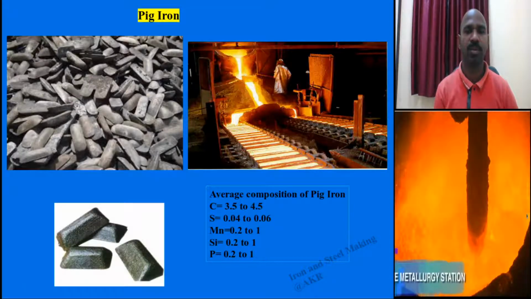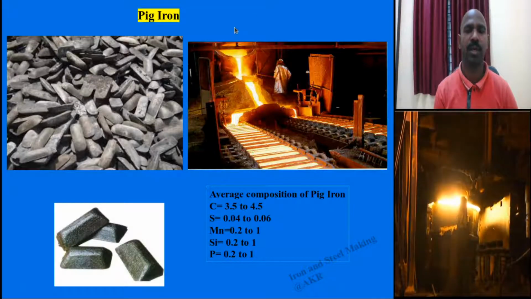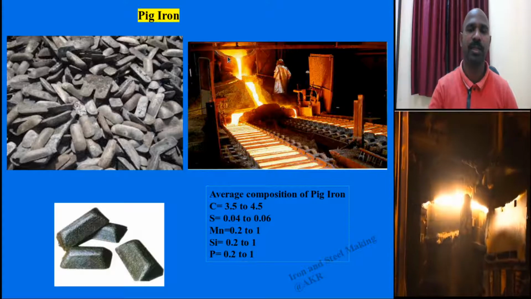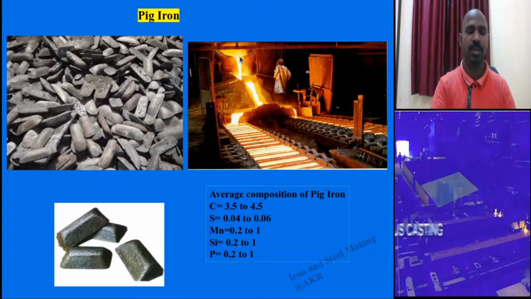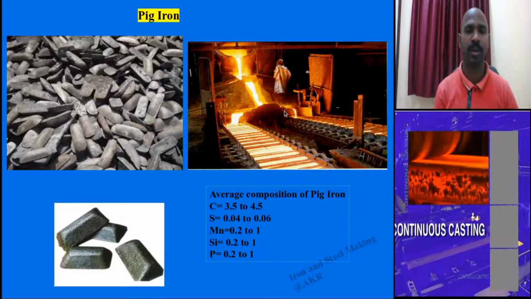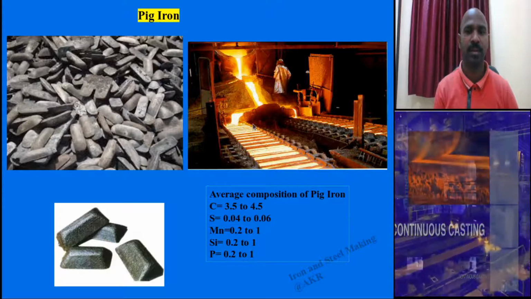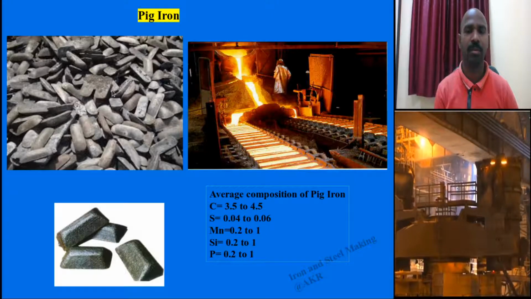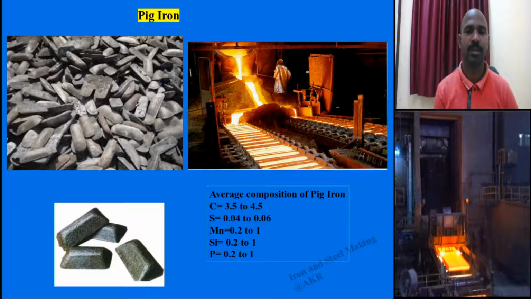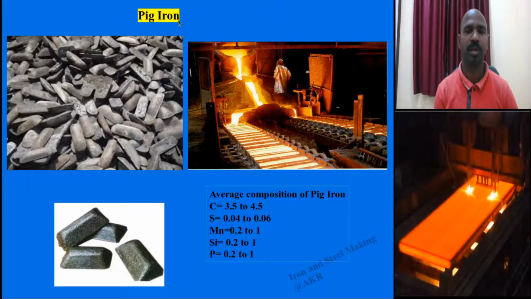From the ladle, the molten pig iron is taken from the tap hole in the hearth zone of the blast furnace. This molten iron is passed into piglet kind of molds. As it solidifies, it looks like this. That is why these piglets, which consist majorly of iron, we call pig iron.